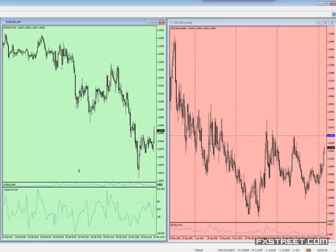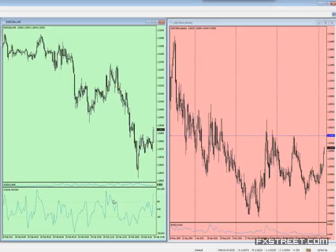Anyway, all he would do is look at this CCI here, okay? And he would have these little patterns in the CCI, okay? So, they were called blips and different things, and as the CCI would move from one area to another, he wouldn't even look at price at all. He would just look at the CCI. And actually, I believe he was a very profitable trader. Okay, so my point that I'm trying to make to you guys is that